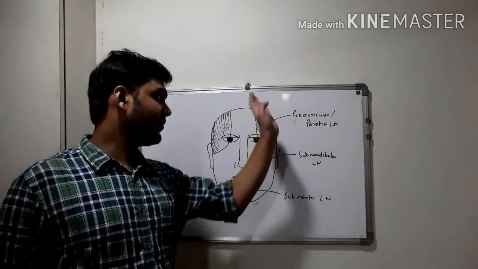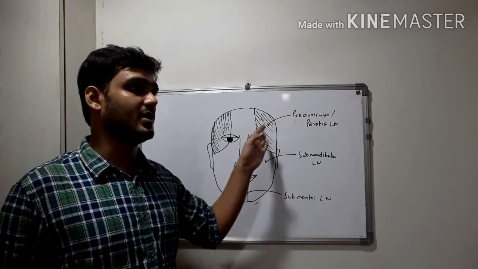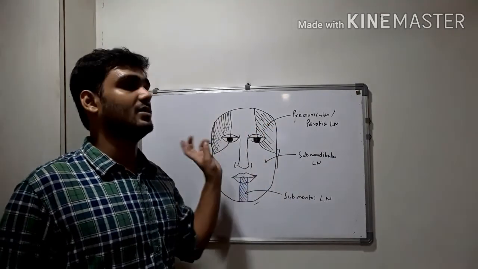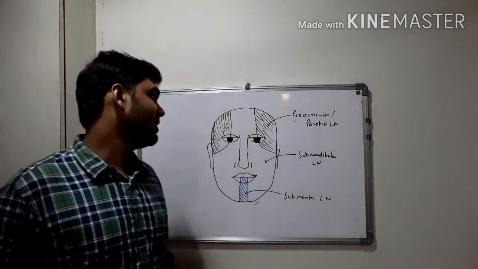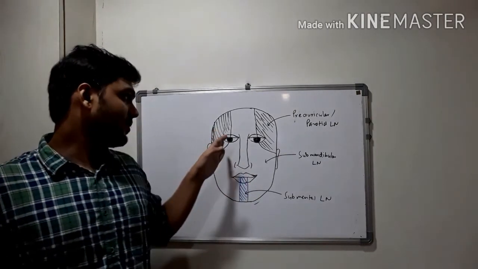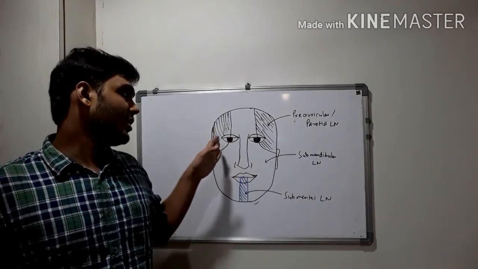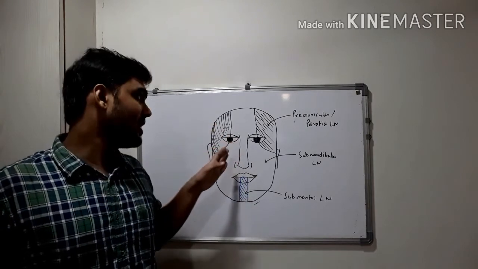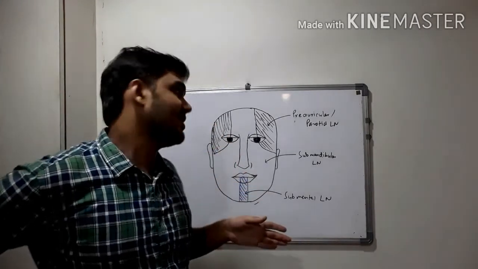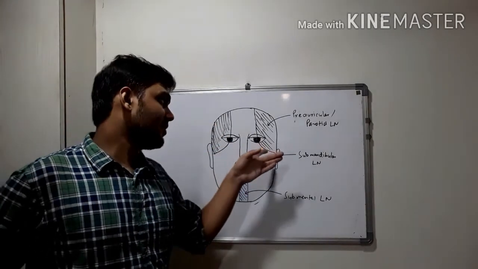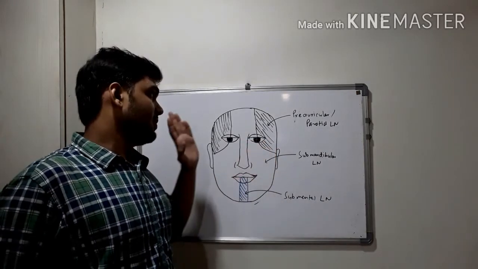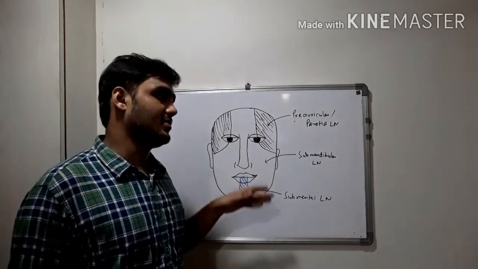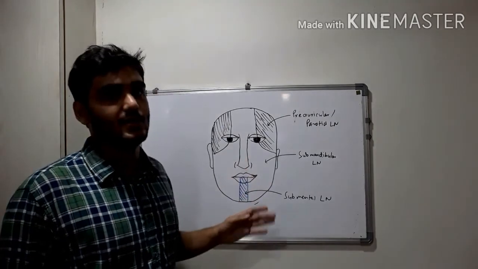So we have the lateral part of forehead by the preauricular lymph node. The remaining part is the median part of forehead, so that is drained by the submandibular lymph nodes. Then we have the lateral part of eyelids drained by the preauricular lymph nodes, so the medial part of eyelids is drained by the submandibular lymph nodes. Then we have the nose. Then the upper part of cheeks was drained by the preauricular. So the remaining is the lower part, so that is drained by the submandibular lymph node, right?